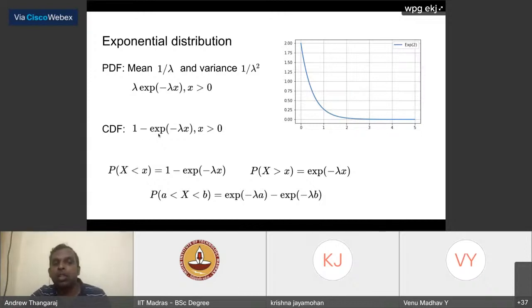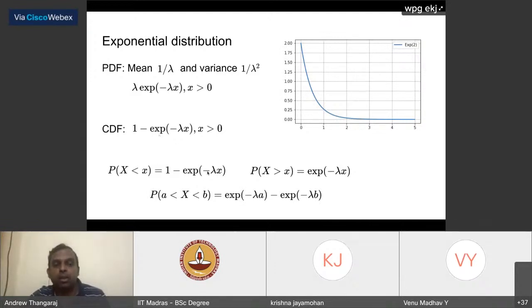Once you know the CDF, most of the probability calculation can be done in terms of the CDF. You don't need integration. You don't need to remember the CDF. There'll be a table that will be given to you in the exam. So it's enough if you know how to open that attachment and then see it. There's one place in the TCS interface where additional information will be there. You can go look it up.